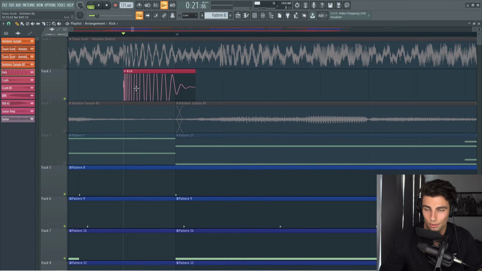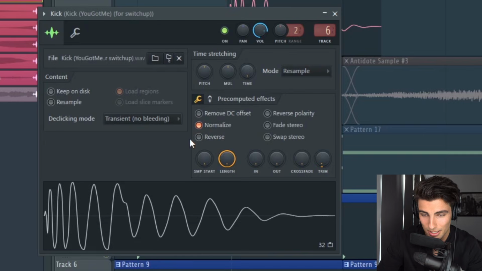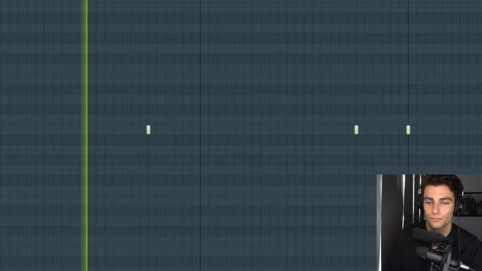Then we have the identical kick sample, which you can tell by comparing the waveforms. It matches perfectly with the original song. This is actually the same kick that I used in the Can't Say remake. It's this really popular UK drill kick, and the kick plays this really cool pattern. I'll play it all together.